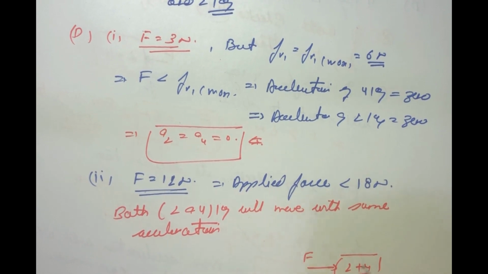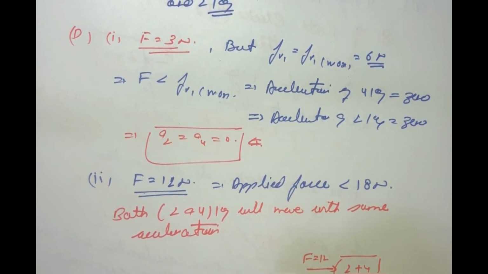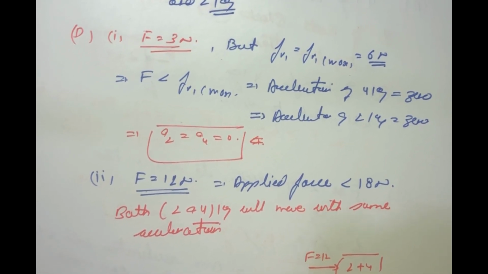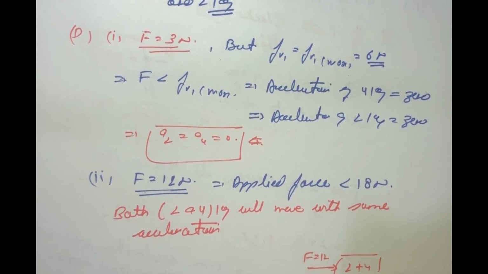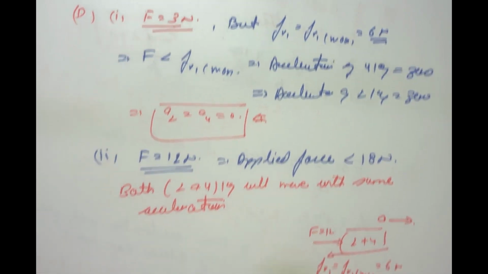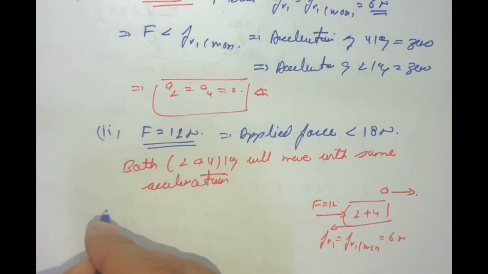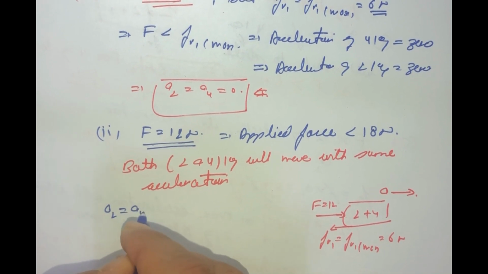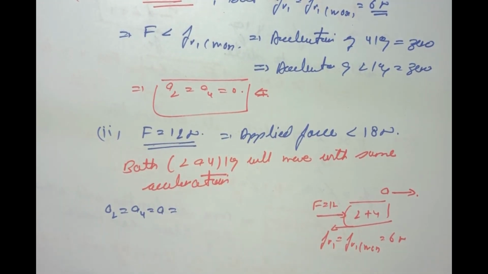Applied force is F, which is here 12 Newton. So we have Fr1, which is equal to Fr1 max, and this will be equal to 6 Newton. And let's suppose they have acceleration A in this direction. So they have the same acceleration, so you can say A2 = A4 = A, which is equal to